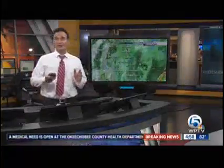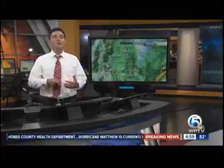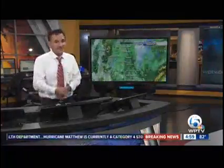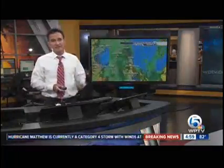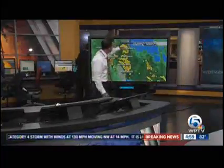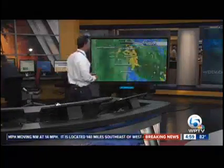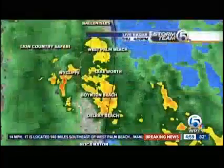Radar right now. We have a couple of really strong bands moving through at the moment, and things are going to get a little bit more consistent now, a little bit stronger each go around. And you see it here, one line moving through right at the moment. You see it just move through downtown West Palm Beach. We showed you that picture earlier by the airport, and wind gusts 45 to 55 miles per hour with that